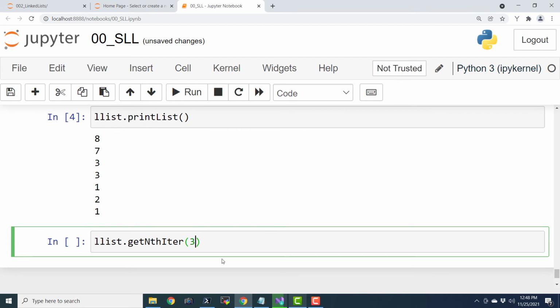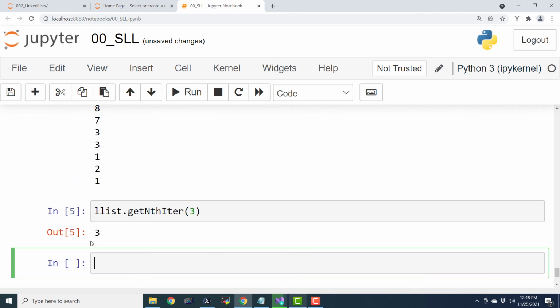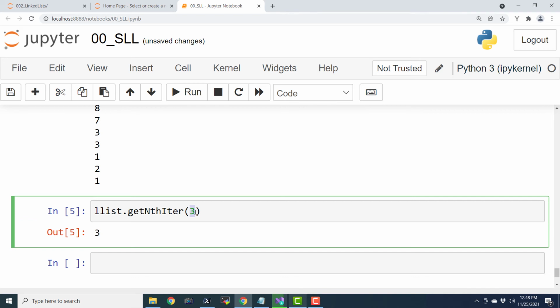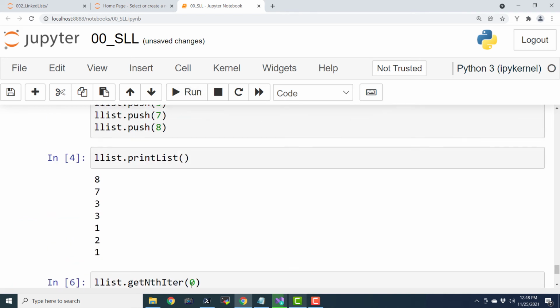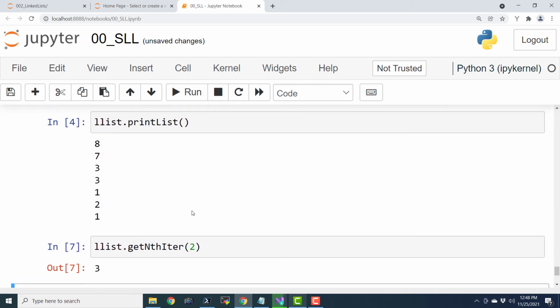It is going to give us the node value at position number 3, and mind it that positions start from 0. So 0, 1, 2, 3. So this is the 4th position, and this is the output. So this is 3. If I say 0, it should actually show us 8. If I say 2, it should actually show us 3.